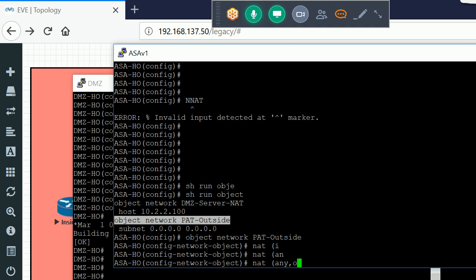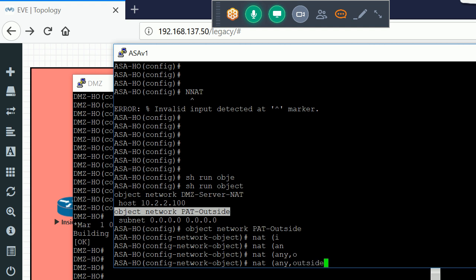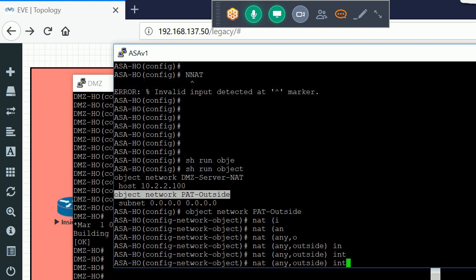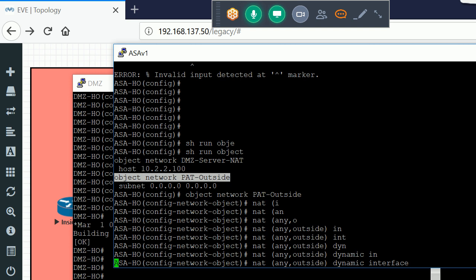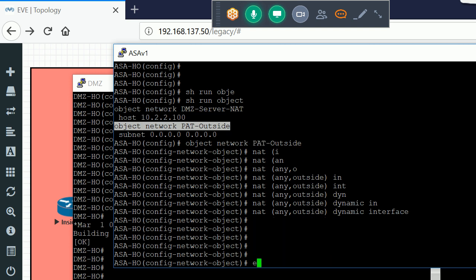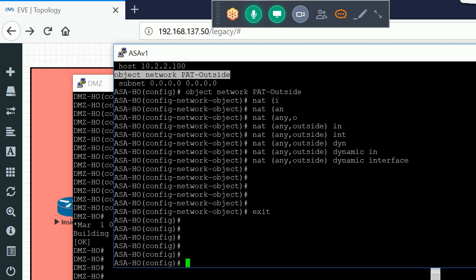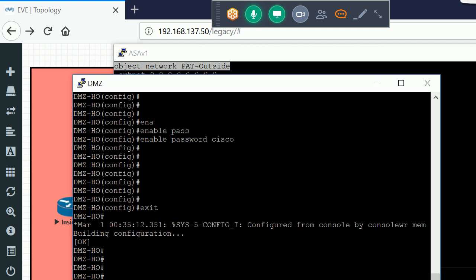Any means we are including the inside and DMZ. Dynamic interface. I can ping the outside 192.168.1.1.